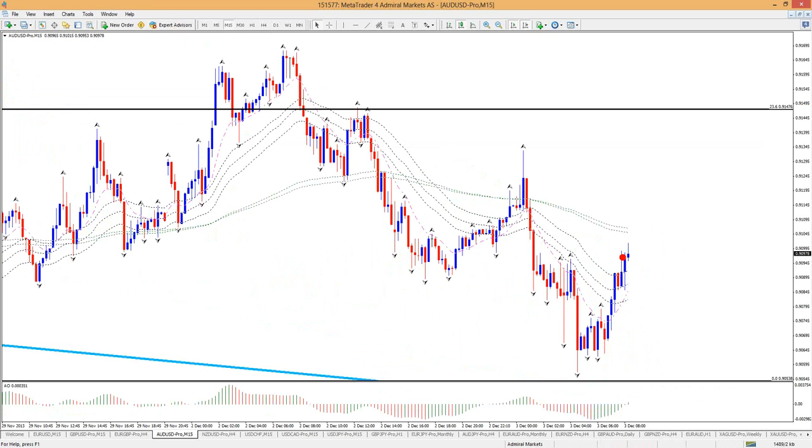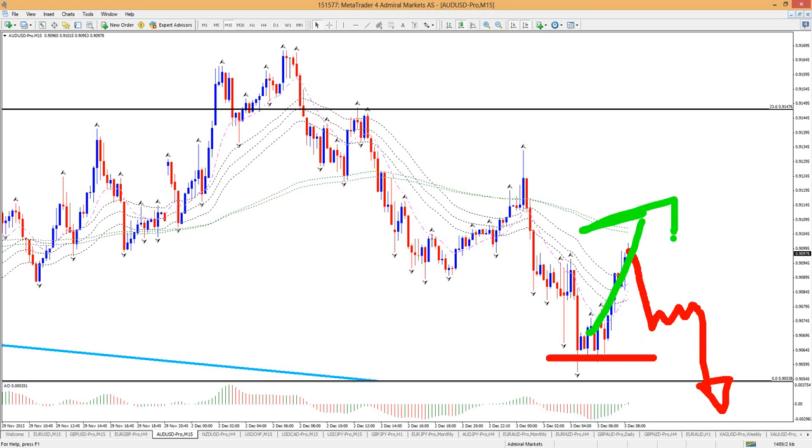So for me to trade this AUD/USD, to trade a breakout to the downside, I would need price to fall here, go sideways for 30 minutes, and then fall again, or even break below these levels, one of the two. Otherwise, at the moment, price is retracing against the trend.